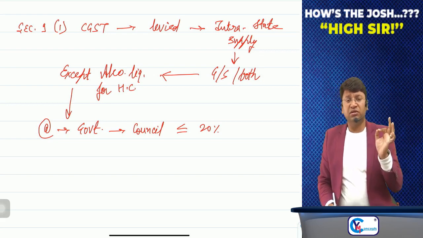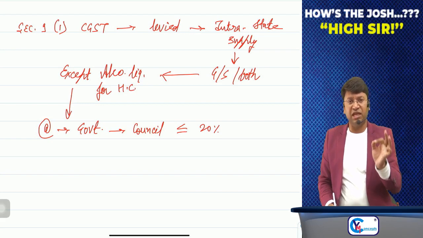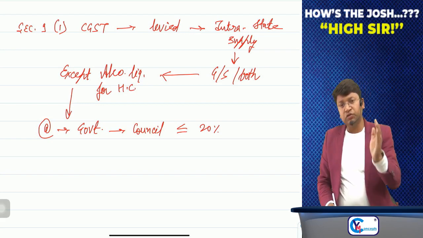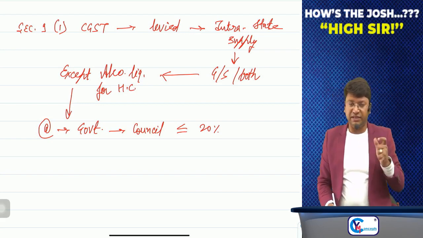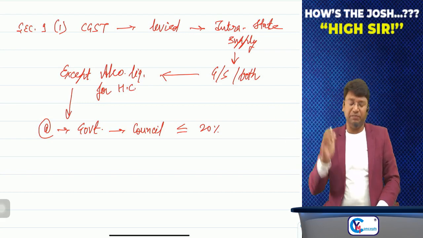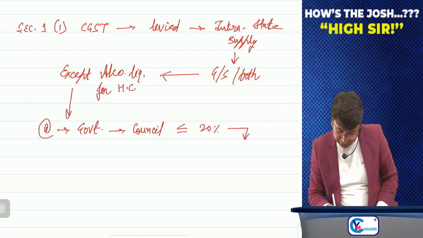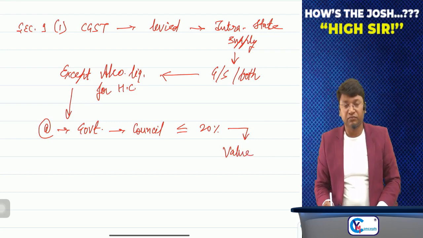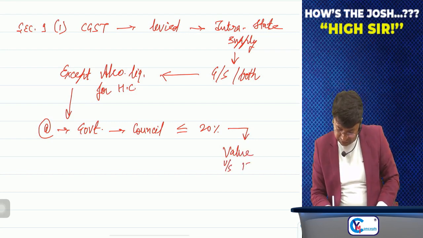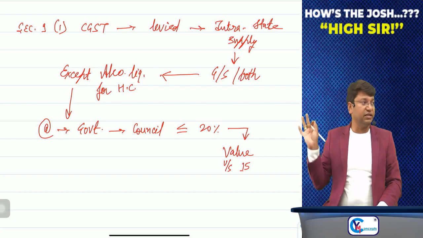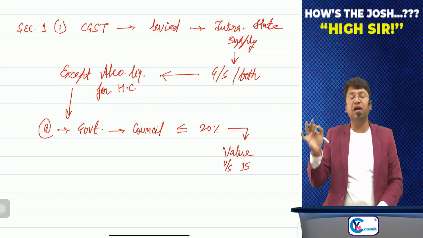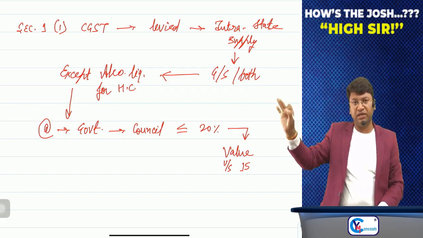Okay, no doubt. Rate of tax is not there in your syllabus. Slab of rate is given goods wise, services wise, but no need to mark up the rates. Okay, sir, the maximum rate is 20%, and this tax will be charged on value, and the value of supply will be defined in section number 15. Value under section number 15. Section 15 we will read afterwards. Sir, valuation, a separate chapter itself is given.